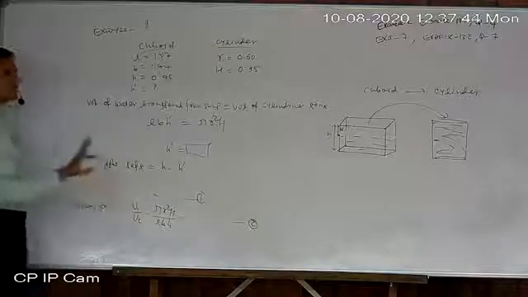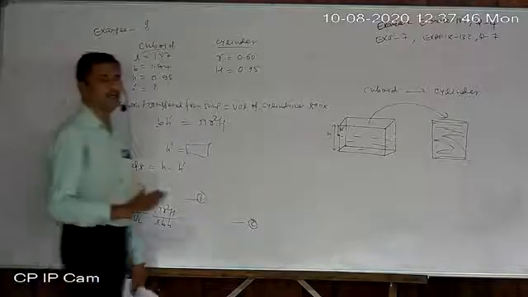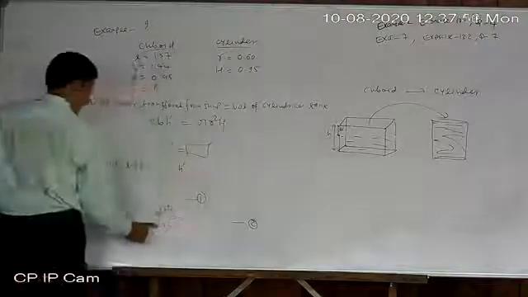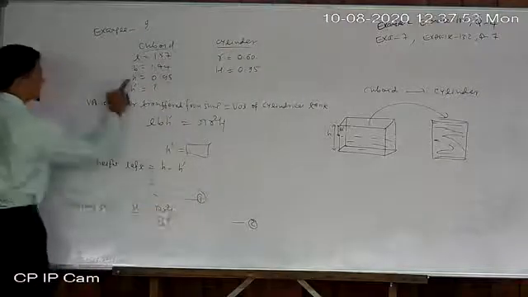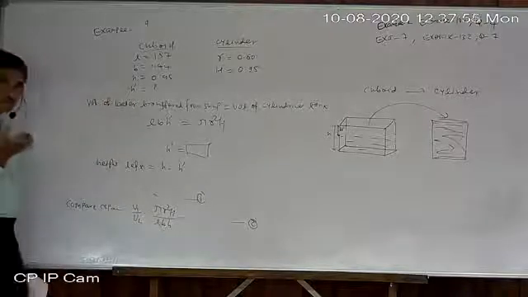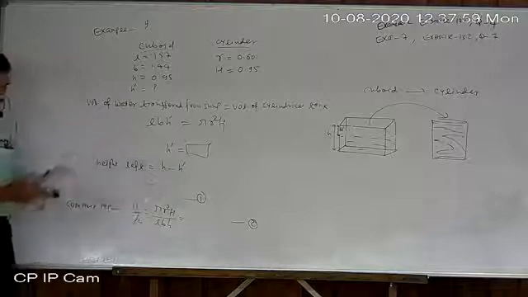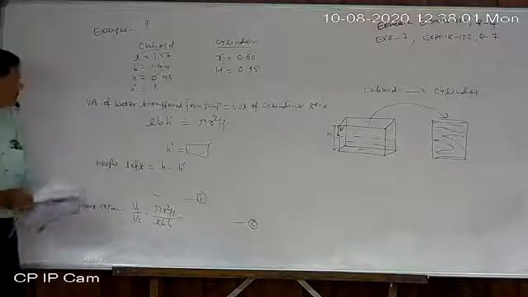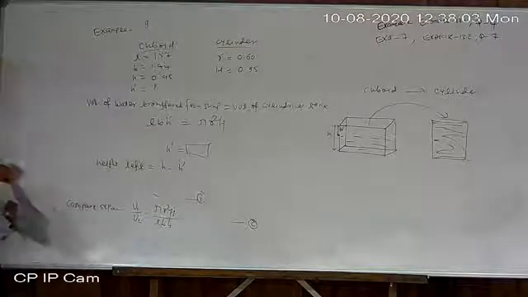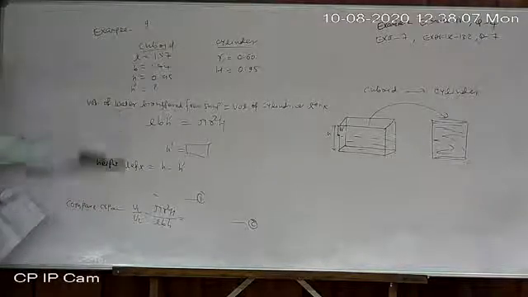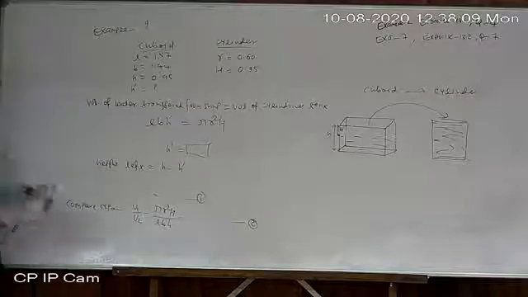Second part, just compare the quantity of cylinder and cuboid. Just place all the values. Here h is used because all the quantity is compared. So it will be 1 by 2 only. So this was example number 9. Just look at how I have written it and how you have to solve it.